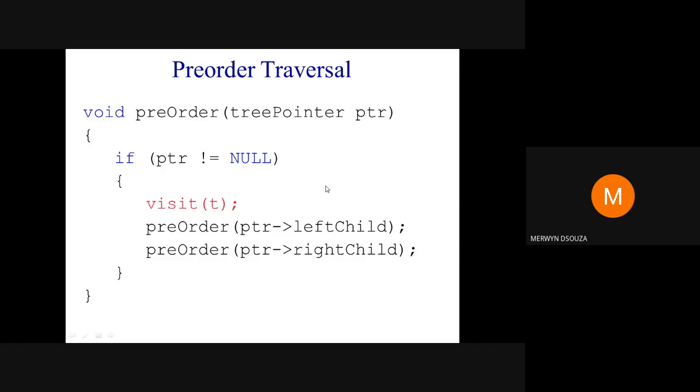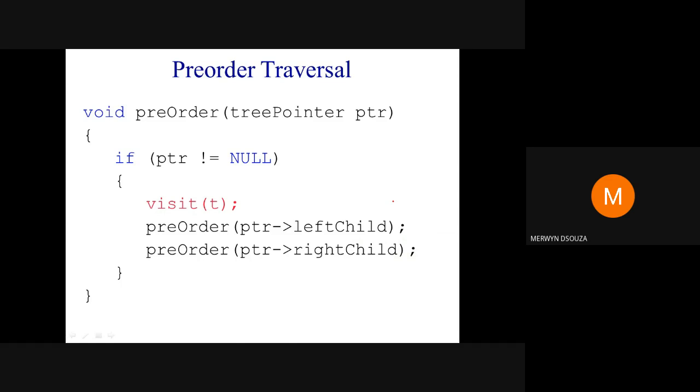This would have been the code for you. Suppose you are writing code: first of all you have to construct a binary tree. After you construct a binary tree, this would be the code for pre-order traversal. You check whether the tree is null or not. If the root node is null, then obviously you don't have a binary tree. If it's not null, then you visit, then go to the left subtree, and then the right subtree in pre-order. So this would be your pre-order traversal in a binary tree using recursion.